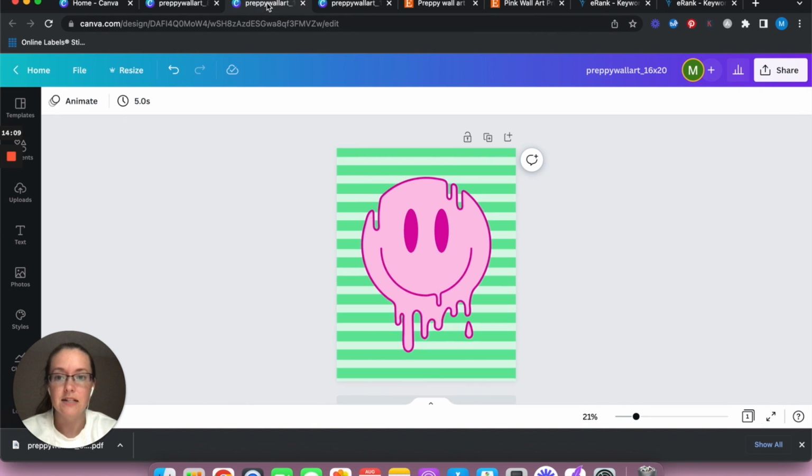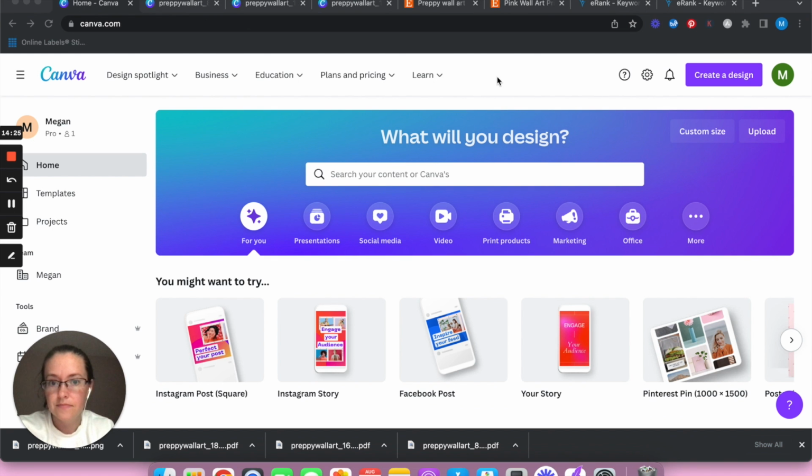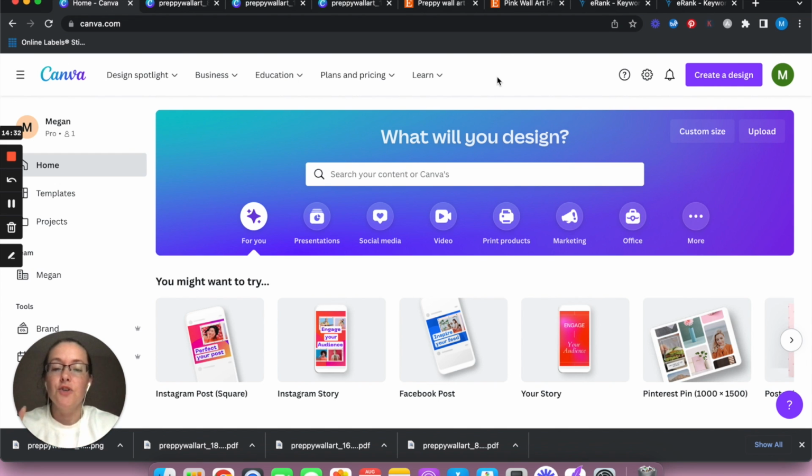And then we're going to do that for the 16 by 20 and the 18 by 24. And then I'm also going to save the 16 by 20 as a PNG for our listing photo. And I will see you in just a second so we can go ahead and start the listing photo. Okay, so to make a listing photo to upload this into Etsy, you'll need to go back to the home